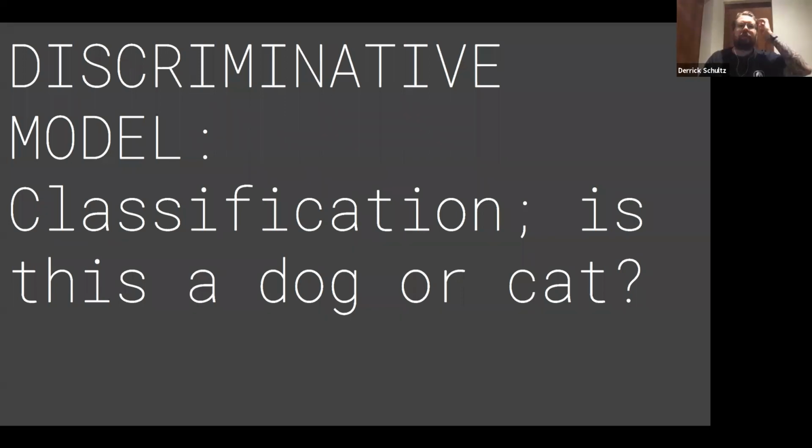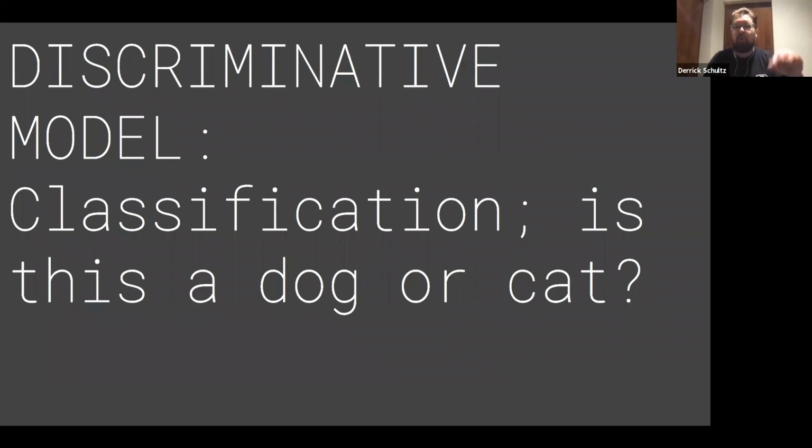It's also important to talk about the two different types of models of machine learning, especially when you take the intro to machine learning classes. Most people will talk about what's called a discriminative model. That's a model that does what's called classification. It says, is this image an image of a cat, like what Jessica's hanging out with, versus a dog? Is it a dog? Is it a horse? Is it a zebra? Those sort of things.